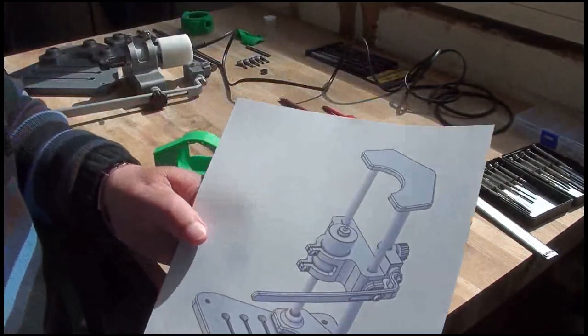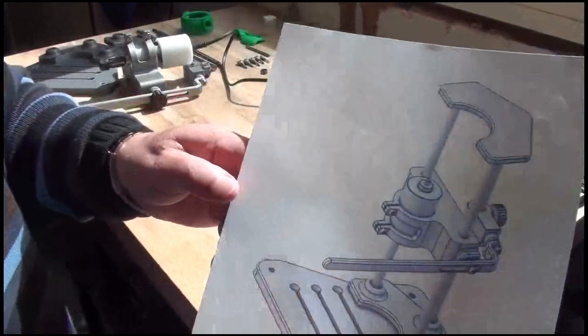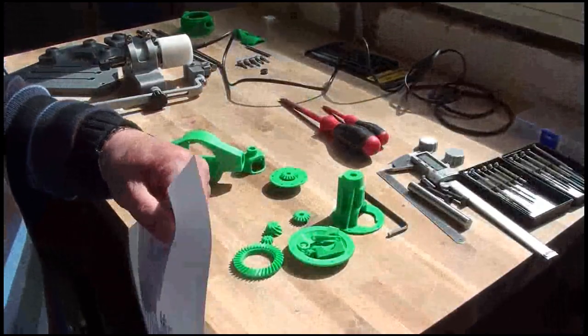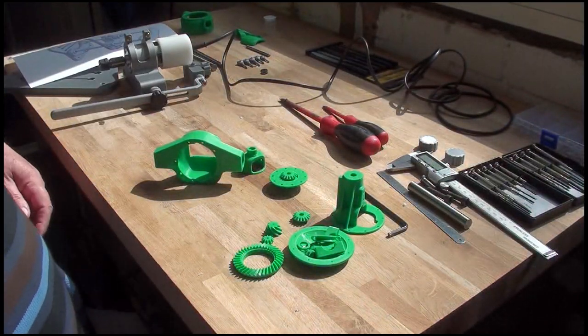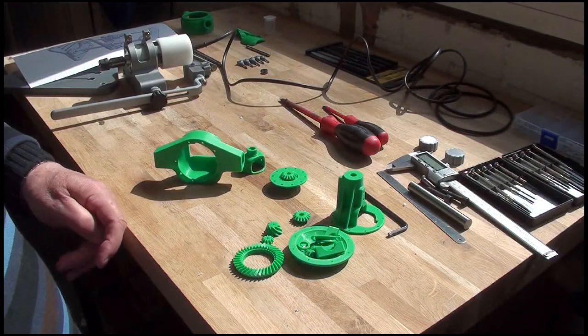It's obviously going to be for light duty. I don't know whether that's going to come out very well with this lighting. No, it's not. I'll get another photo. I'll get another shot and cut it in. But hopefully I will have cut in a still of that